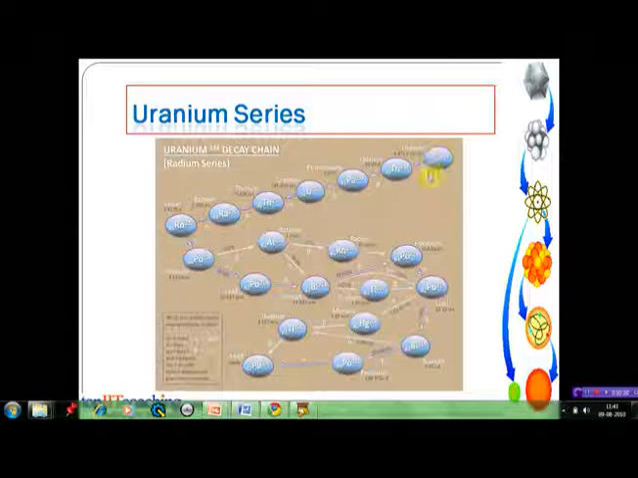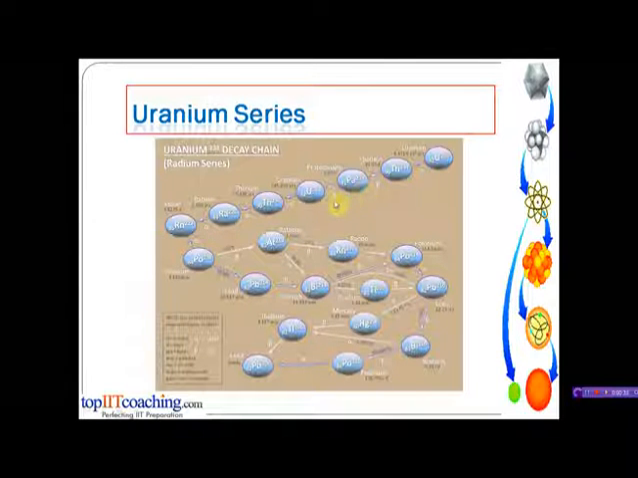Uranium-238 emits an alpha particle and forms thorium-234, which emits a beta particle and forms protactinium-234. Again, a beta particle is emitted and uranium-234 is formed, which emits an alpha particle to form thorium-230. It emits an alpha particle to form radium-226, which again emits an alpha particle, converting into radon-222. It emits an alpha particle to form polonium-218, which then again emits an alpha particle to form